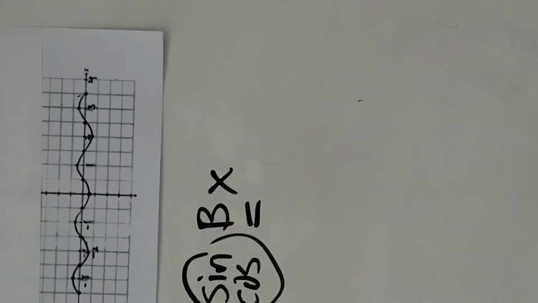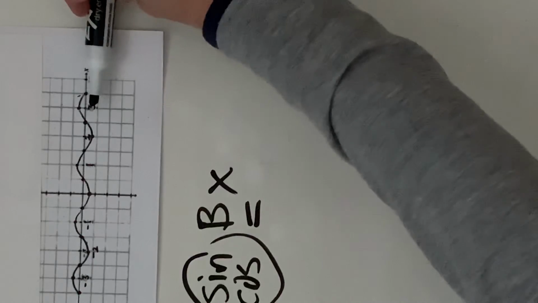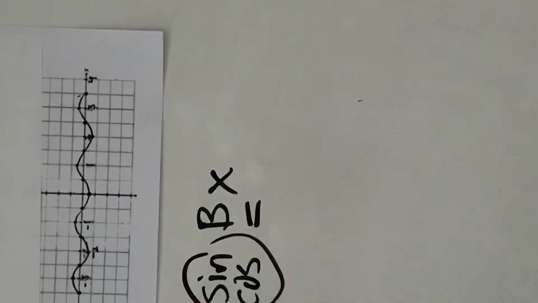However, if we don't use the easier one, then we're going to have to include a horizontal shift, which does get a little bit messier. So we're going to talk about how we choose which is the easier one. Let's start with the amplitude in this case, though. So we know that A represents the amplitude, right? If we look at our graph, and I know it may be hard to see, we're only going up to positive 1/2 and down to negative 1/2. So that means my amplitude is